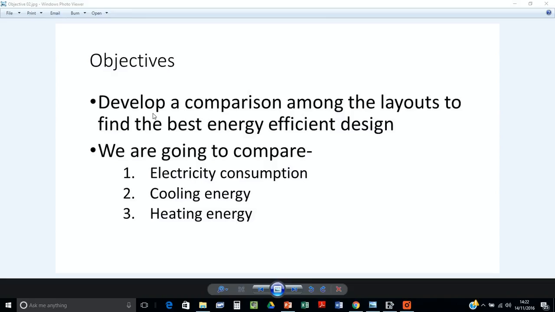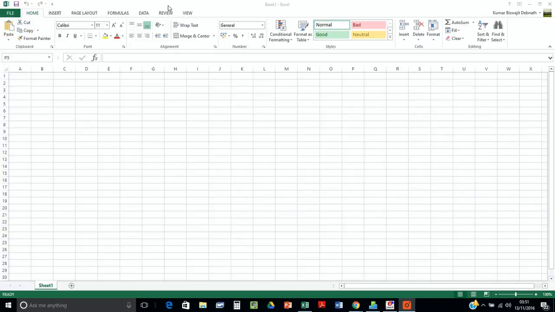So we have created the three different layouts with the same function, but now we are going to develop a comparison among the layouts to find the best energy efficient design. To do that, we are going to compare electricity consumption, cooling energy and heating energy in those three layouts. First we'll see how we can compare the electricity consumption data of the whole facility. So this one is electricity consumption,